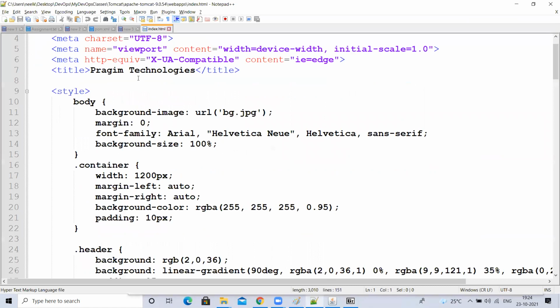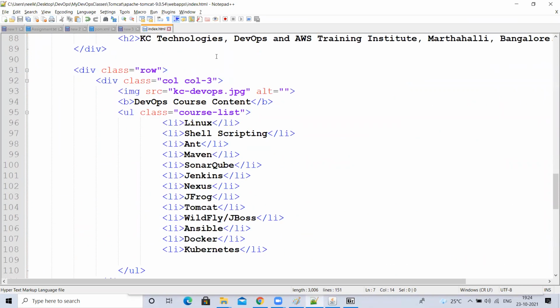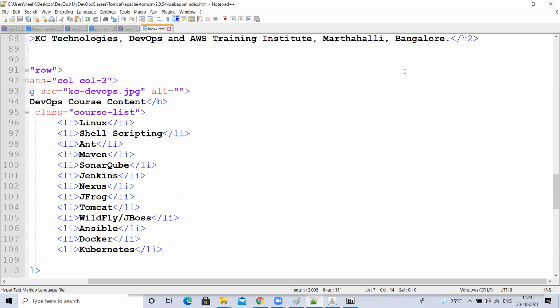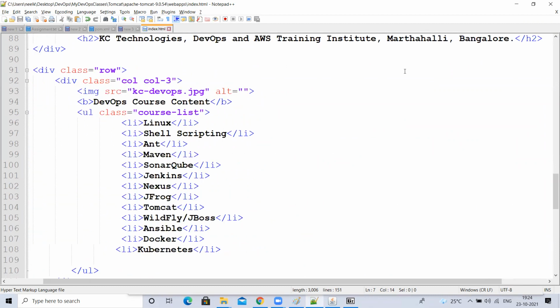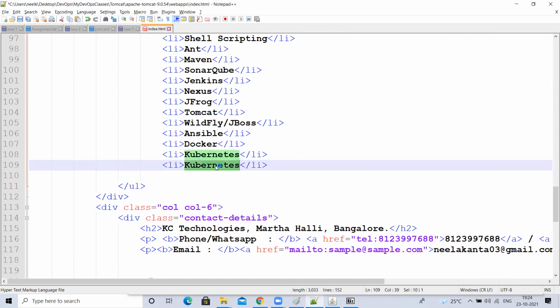So there is an error. I want to change this into KC Technologies. I want to change the phone number, the mobile number as well. Some code I want to take. KC Technologies, DevOps, this course content. I added a few more code, right? This one ELK for this batch.